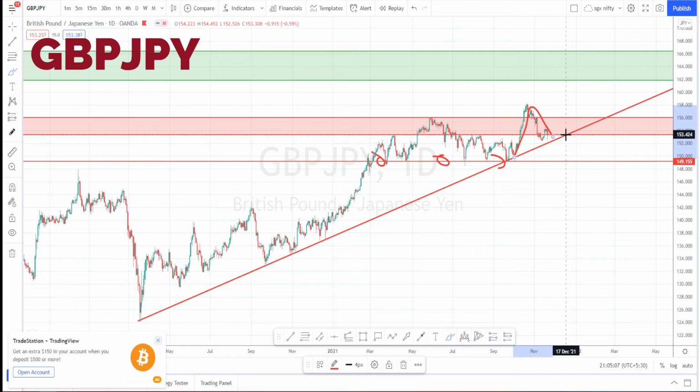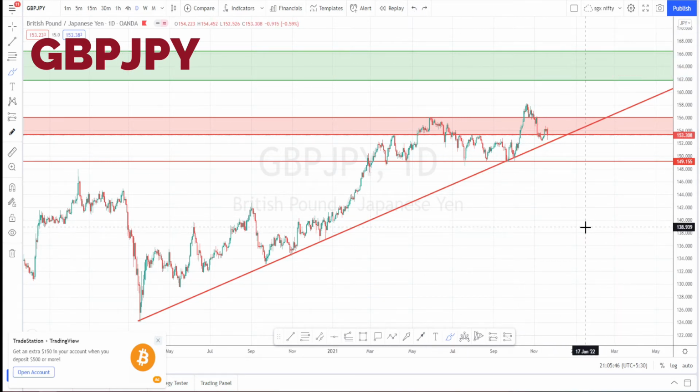As long as this support line from the weekly time frame doesn't get breached, we can expect the uptrend to continue and test this resistance level, and I'm expecting this resistance level to act as a strong resistance and a trend reversal to happen from this point. Let us do the analysis in hourly time frame and mark the trading ranges for Monday.